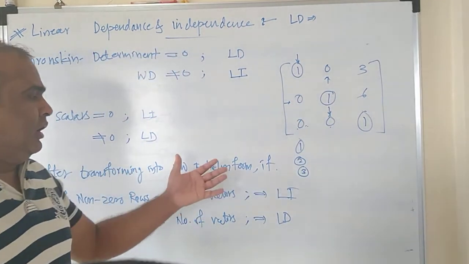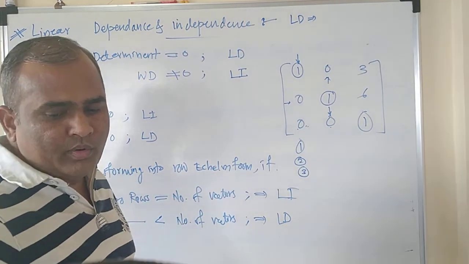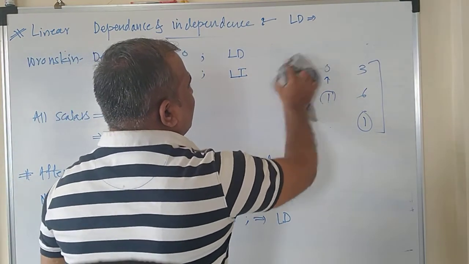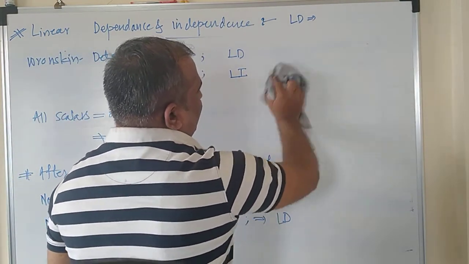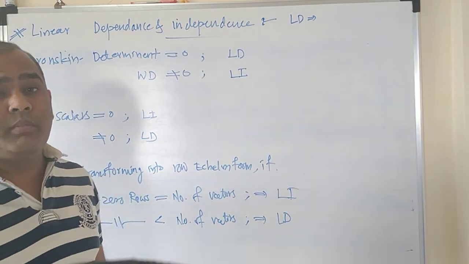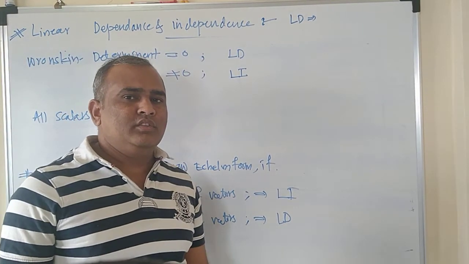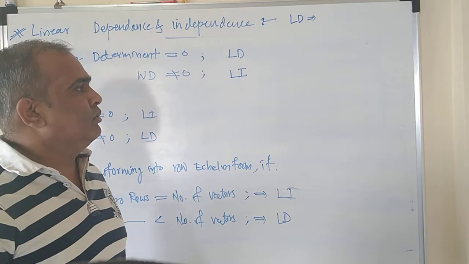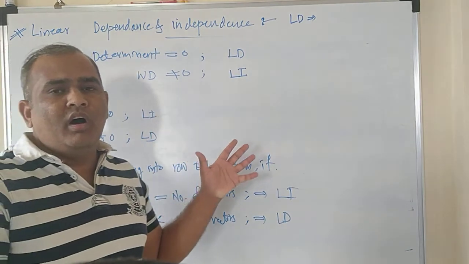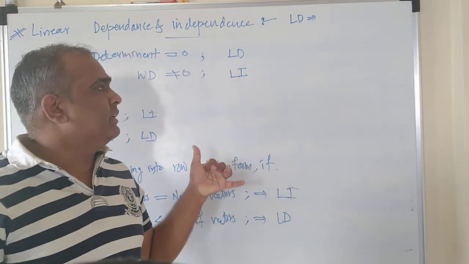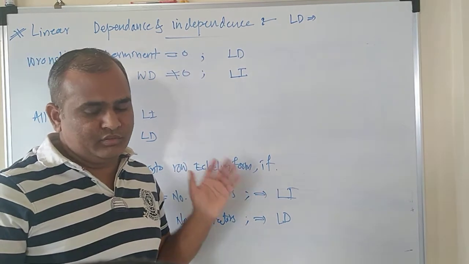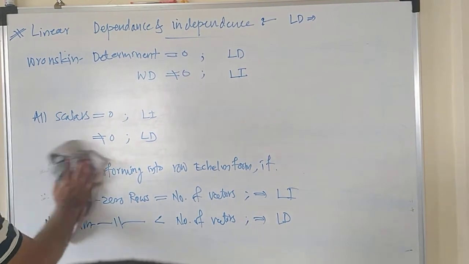So you can search out something more about row echelon form. I'm not going to explain everything about the row echelon form and how to transform the given matrix into row echelon form. It is expected that you have studied this in the SYBSc mathematics. If not, then you should try to learn something more about it. The point that we have to study here is how to find out the linear dependence and independence of the vectors. That's all. So let's go for some homework problems.